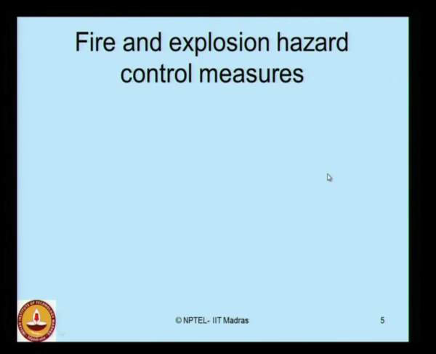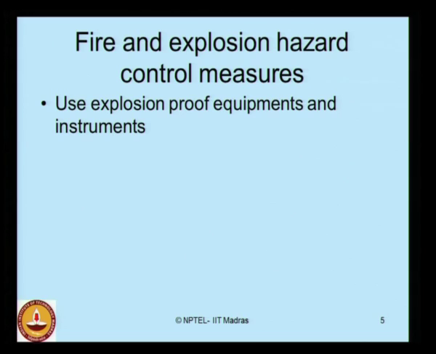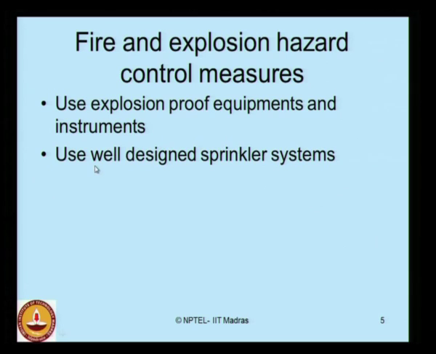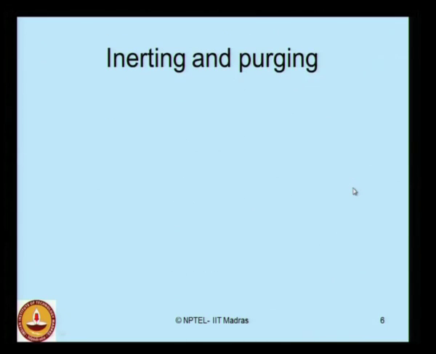There are many hazard control measures related to fire and explosion. Use of explosion proof equipment and instruments is strongly recommended as one of the effective hazard control measures for fire and explosion reduction. You can also use well designed sprinkler systems, which we will discuss in the current presentation. You can also use modern design features, and I will give a brief summary of some tips about the modern design features. Let us discuss these processes one by one. Let us pick up the first one,